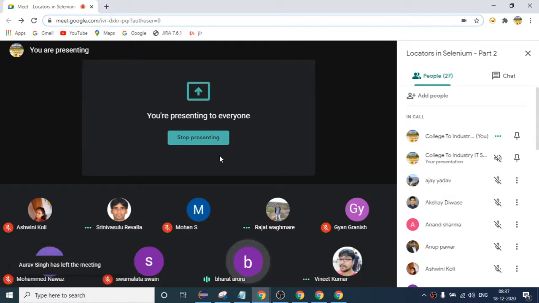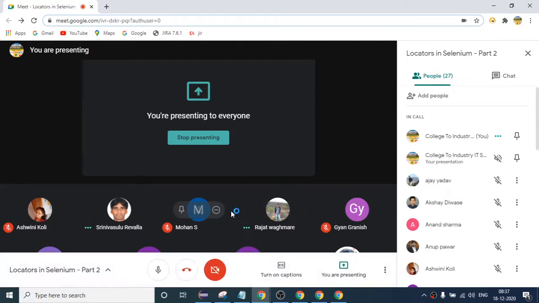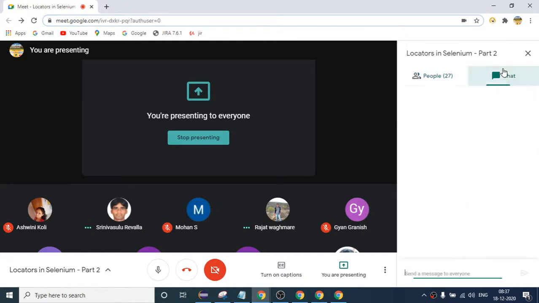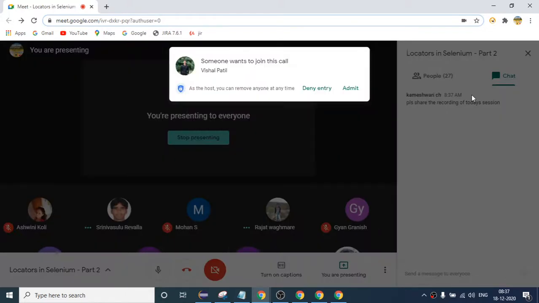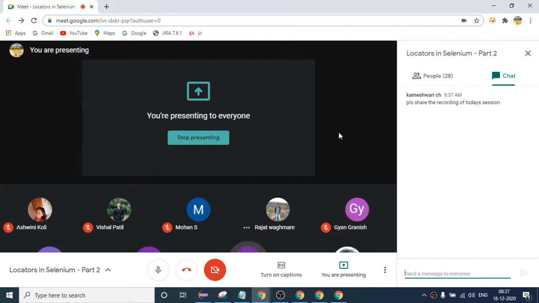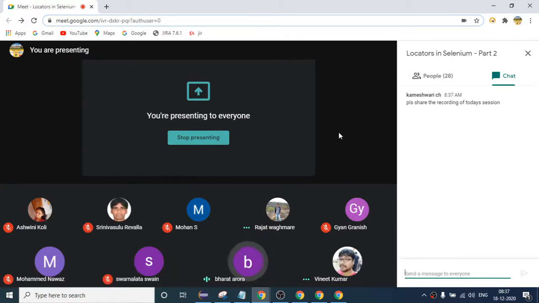I have one question. In case of ID, you can't find contains or start with or end with. Every time we get the unique ID. What do we do in that case?